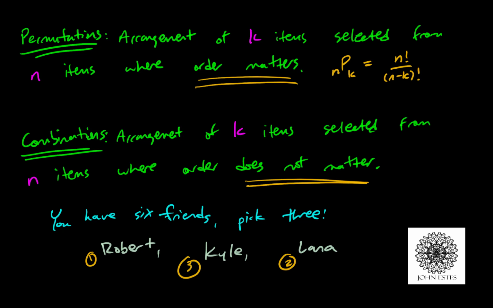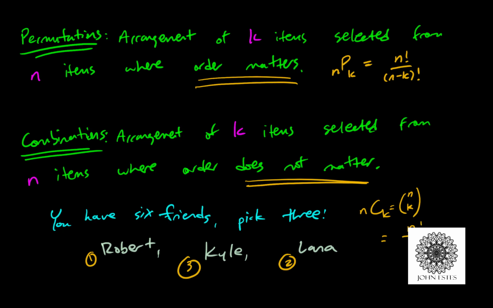That's how you calculate it. For a combination, the notation is nCk, or sometimes, depending on your textbook, and this is more common in higher mathematical texts, we have this symbol here, which is called a binomial coefficient. You read this as n choose k, or the number of combinations of selecting k items from n, which can be calculated like this: n factorial